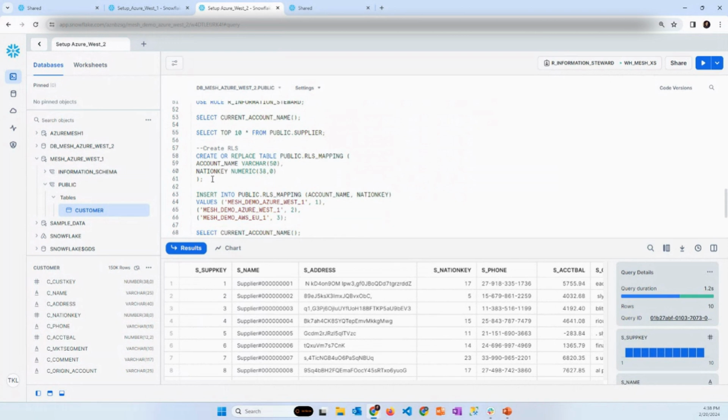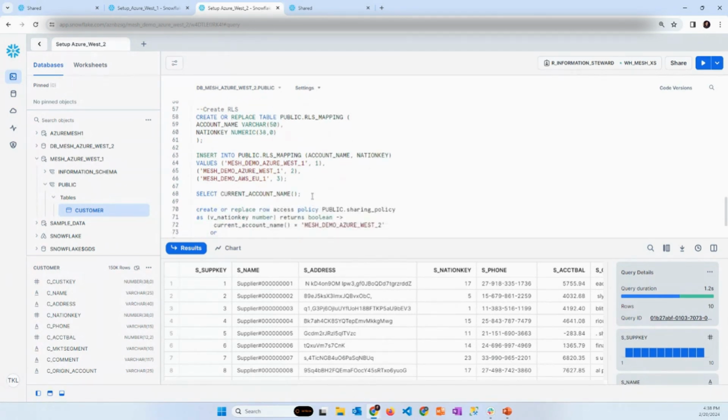We can create a row level security policy, which we put on this table. And the table itself doesn't need to be shared, because like you remember, we have this pointer basically pointing to the storage location of the provider account, but it will still apply this row access policy we have.